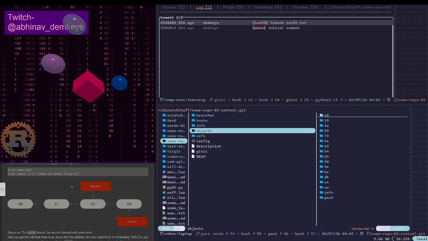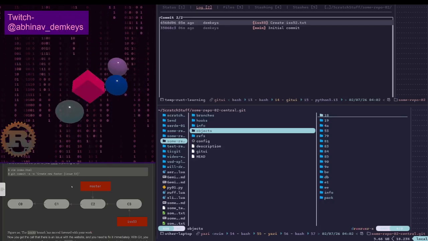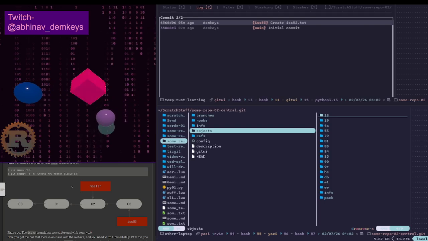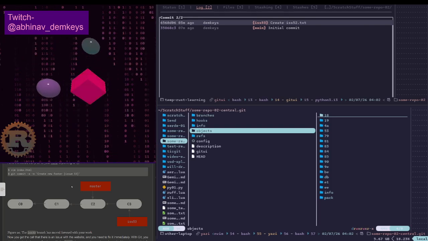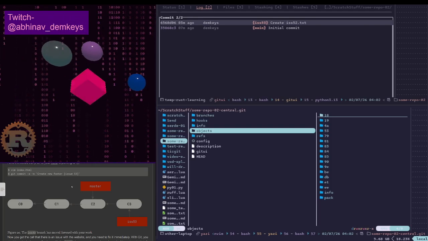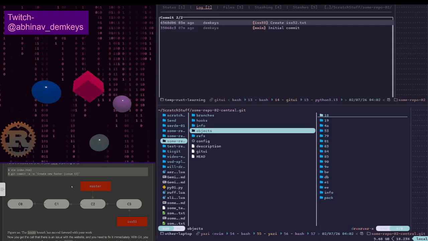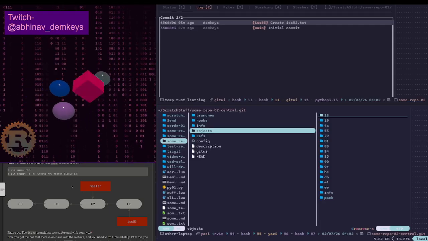So instead of just assigning specific keys like control R, control this, control that, you can make it so first the leader key is pressed and then any other key is pressed.